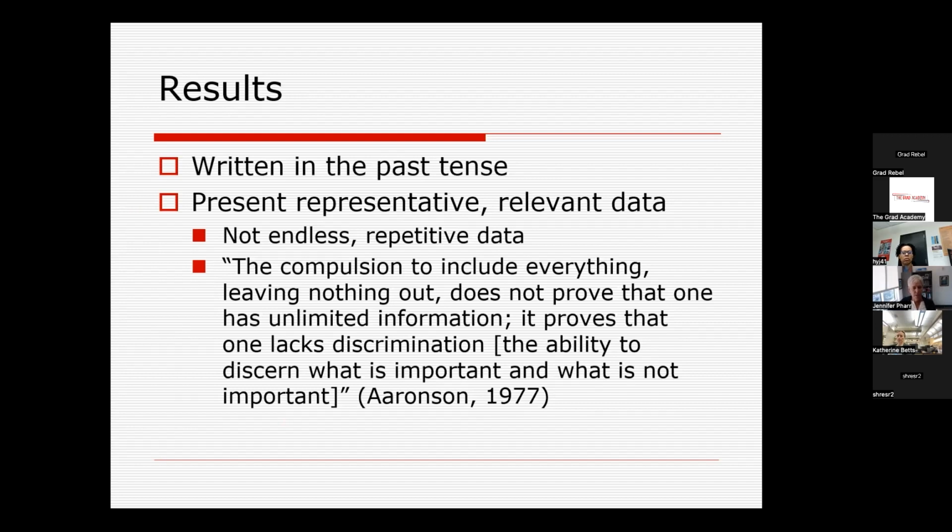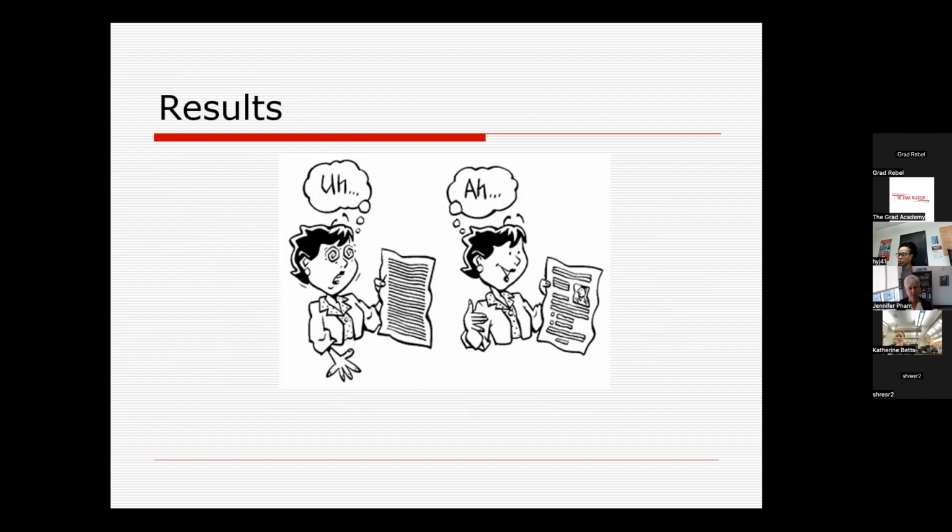You don't need to present repetitive data, okay? So the compulsion to include everything, leaving nothing out, does not prove that one has unlimited information. It proves that one lacks discrimination, or the ability to discern what is important and what is not important. So your results section, again, is going to be written short, and it's going to, instead of the cartoon character